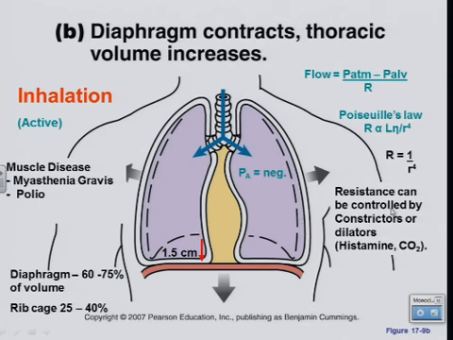But of course, resistance is very important, and the major contributor to airway resistance is the radius, and that can be controlled by various constrictors or dilators of the bronchioles. We talked about histamine as being a bronchoconstrictor, and CO2 as a bronchodilator. We used an example of someone who's having a panic attack that causes bronchial constriction, and one way to resolve that is to have them breathe in a paper bag, because now you've got an accumulation of CO2. The higher CO2 that you breathe in now helps to dilate those airways and ease the breathing.